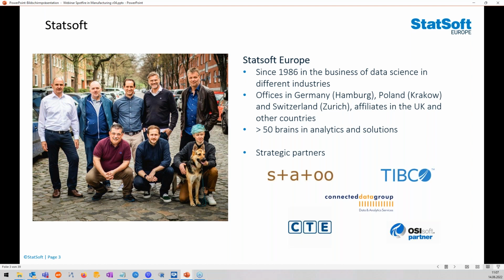And we count ourselves kind of as above 50 brains in analytics and solutions. We would not be able to do this business without the help of our partners, and in this instance, first and foremost, TIBCO, which we are very glad to have on board here today, but also in general. And we will see what TIBCO is all about.